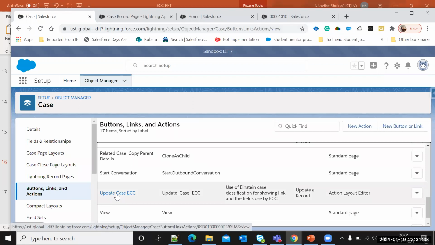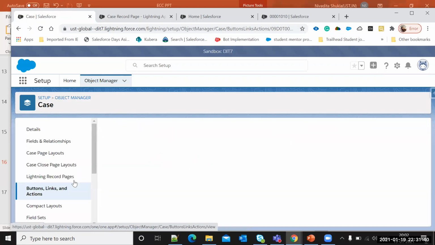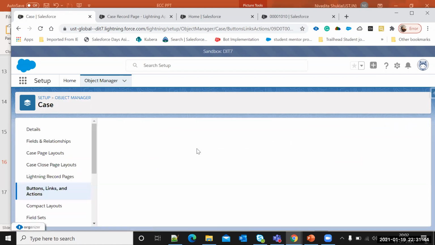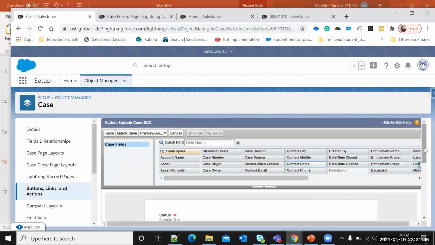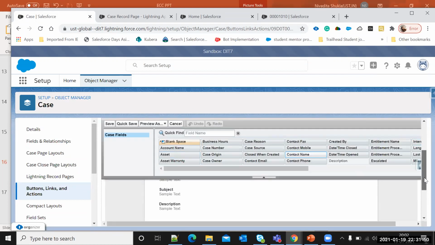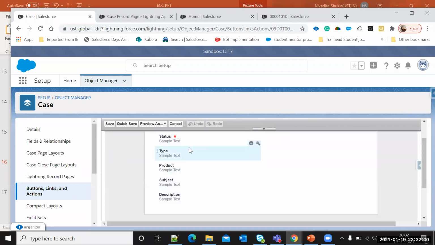It is an action. If we edit this layout, here I have given only 5 fields based on my requirement, which I want to be easily visible to the agent. Okay, got it.